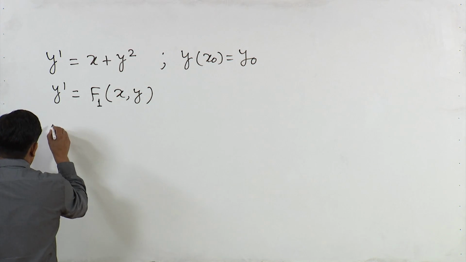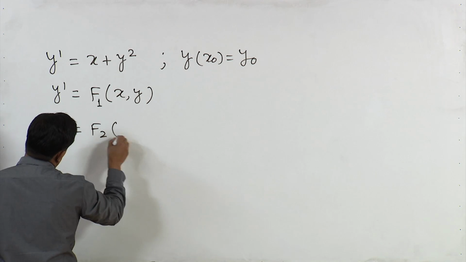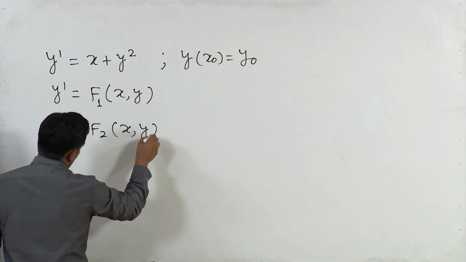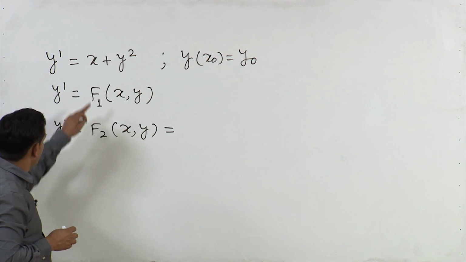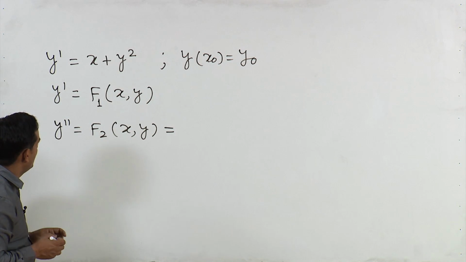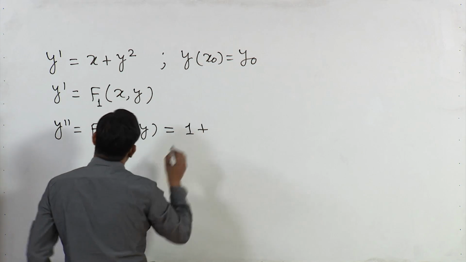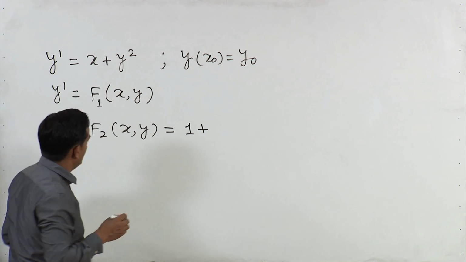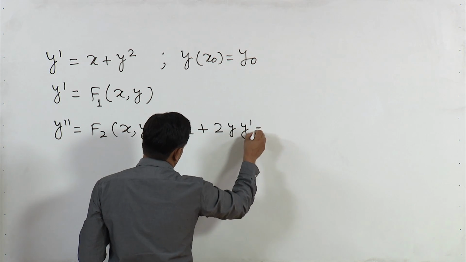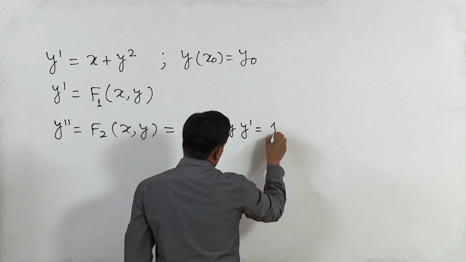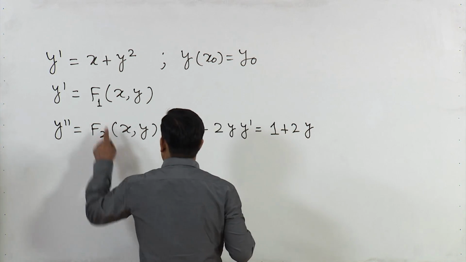Now, if I calculate y double prime, according to the previous lemma I have f2 of x y, which is the differentiation of this particular term with respect to x. So, it will be 1 for this particular x and then 2y into y prime. So, that is 1 plus 2 times y, times y prime,